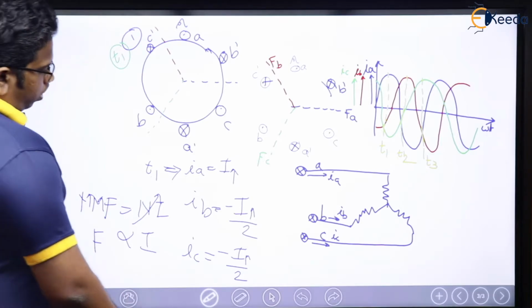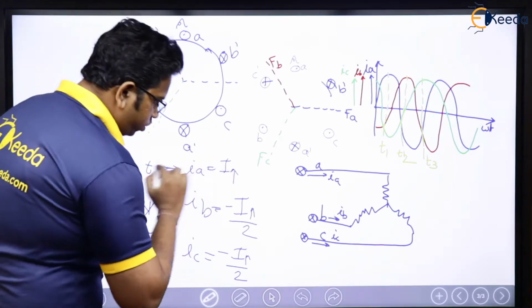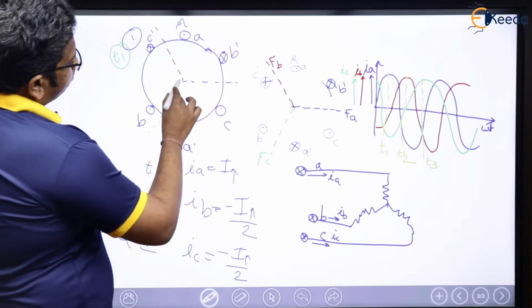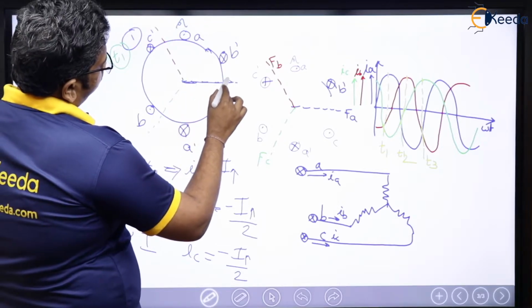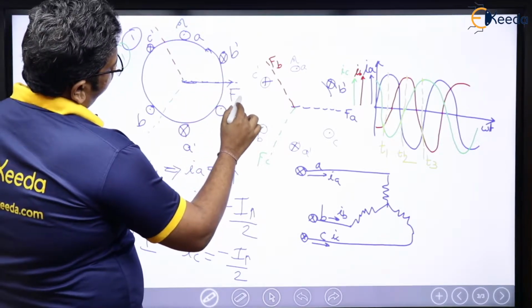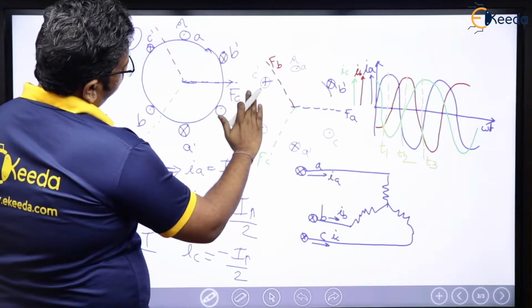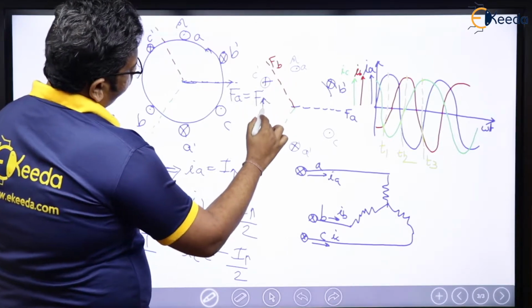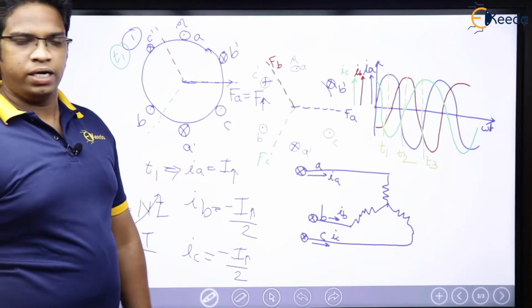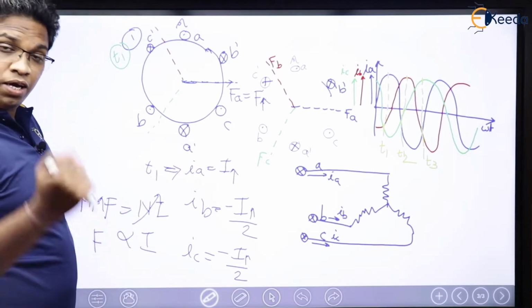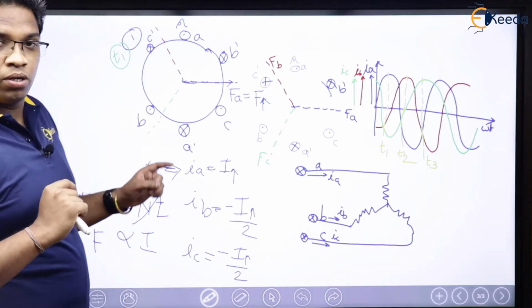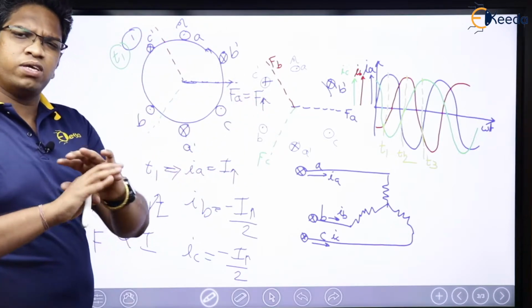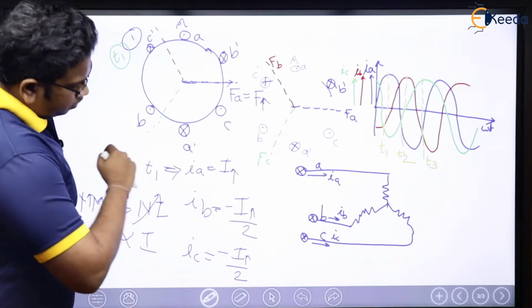See here. What about IA? When IA is positive maximum, which means FA will be, this is FA, right? FA will be positive maximum, F maximum, right? What about FB? Now here you will be understanding, that sir, you took dot, cross, dot, cross everywhere, we didn't understand. Actually it is going to change in time. Here everything will be clear. Just stay tuned. See here, let's talk about IB.